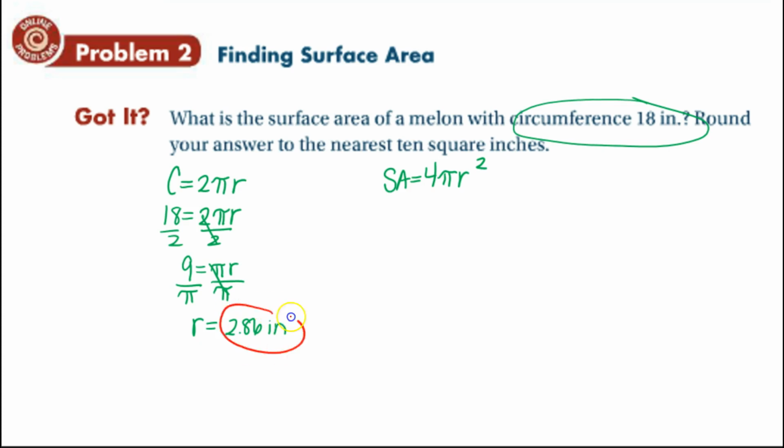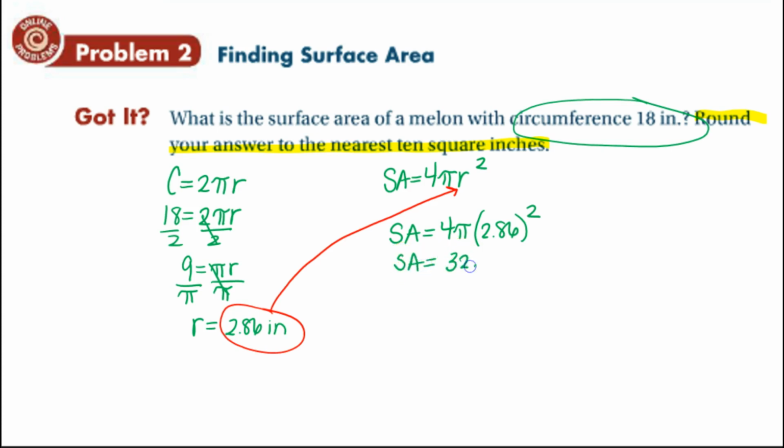And again, we're going to take that answer, substitute it over into the other formula now. So surface area is 4 pi times 2.86 squared. And they told us round your answer to the nearest 10 square inches, so we are going to have to calculate out pi. So if I take 2.86 and I square that and multiply it times 4, I get 32.4 0.7184